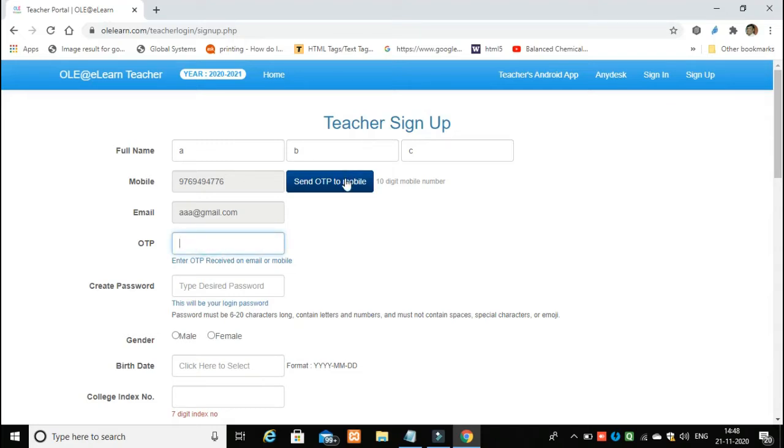Click here, send OTP to mobile. Now teachers, put a valid mobile number, because when you click on this send OTP button, you will receive an OTP by SMS on the mobile registered over here.